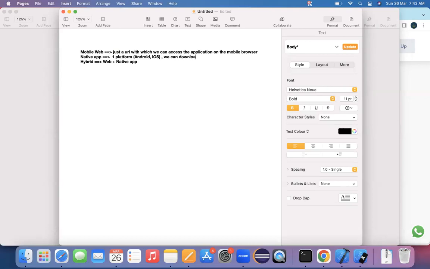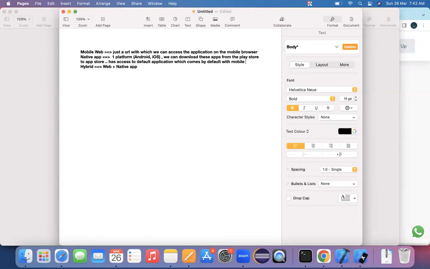We can download these apps from the Play Store or App Store. And of course, these applications have access to the default applications which come by default with your mobile, like the camera, audio messaging or audio functionality, or the location functionality.